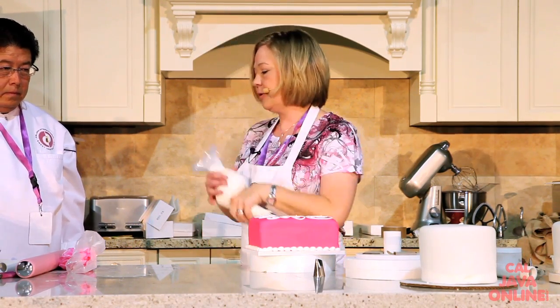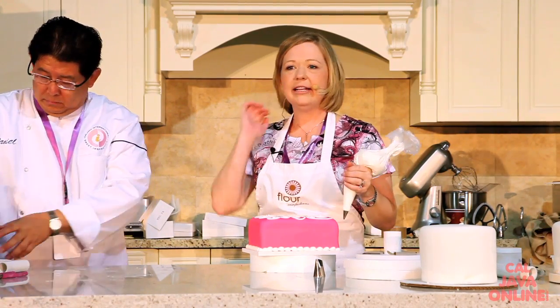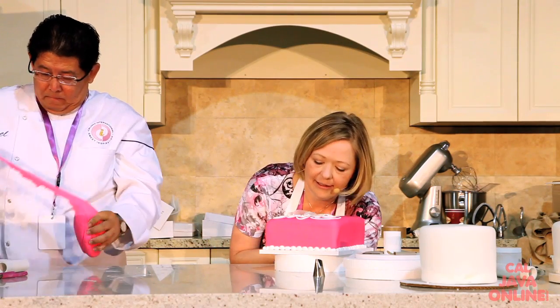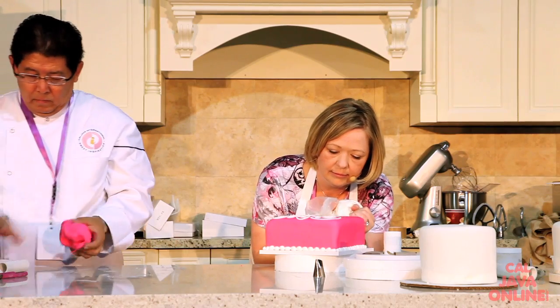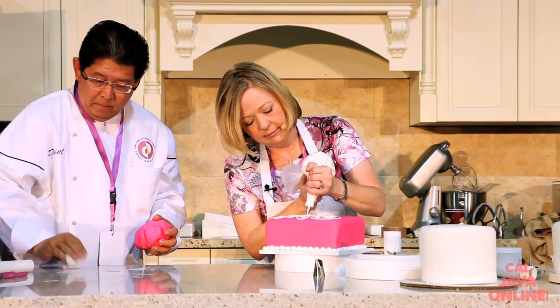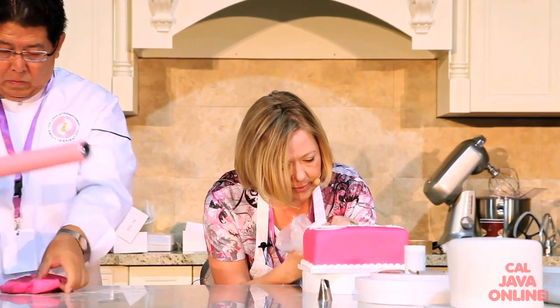All right. So you want to roll some pink out. We're going to add some decorative accents to the bottom tier. Then we're going to stab it full of flowers. Fantastic. Put it together. So when you go to assemble it,